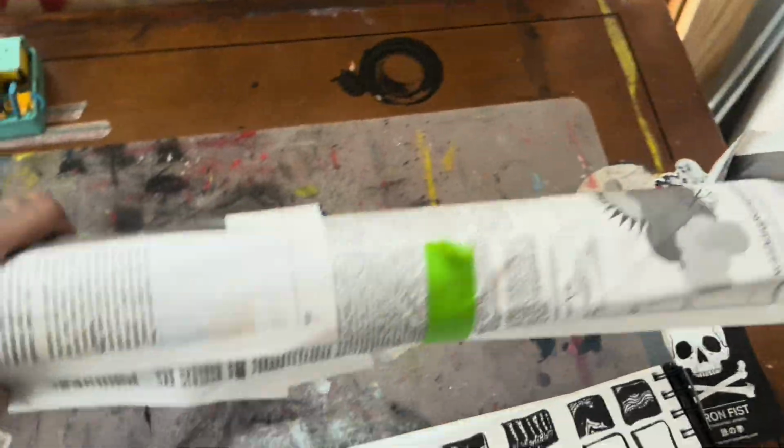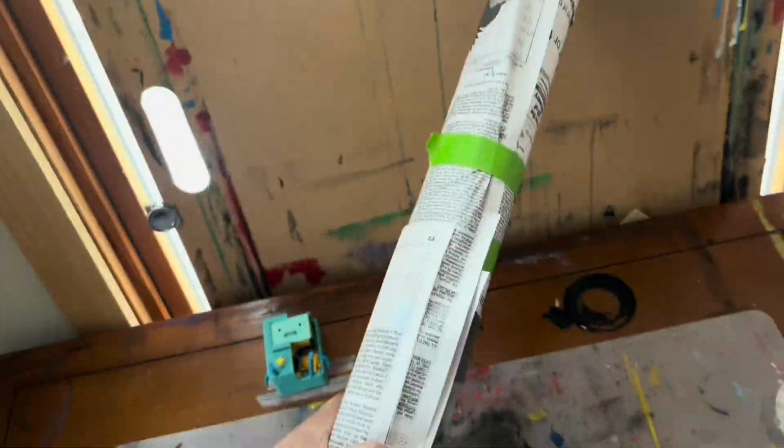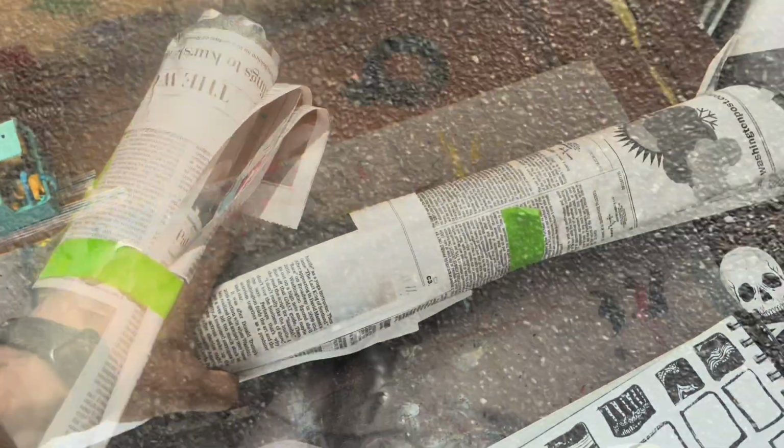So yeah, that's about it. That's how I wrap them. It's kind of interesting, at least to me. You know, big painting, wrapped up, letter, two paintings, off to the mail. Off to adventure, young ones. Off to...